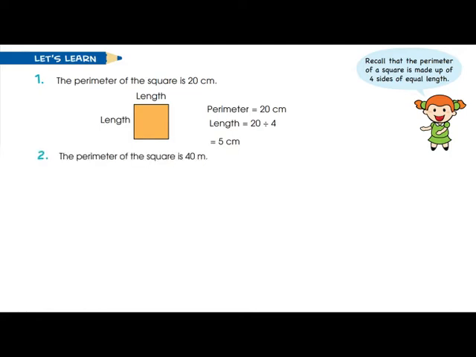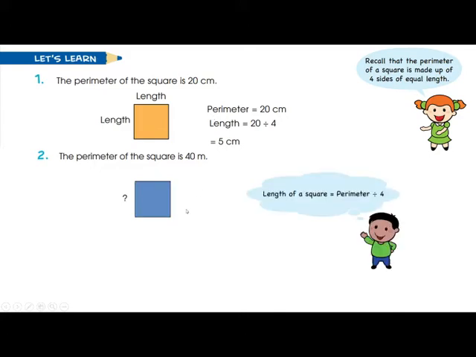Similarly, we have question number 2. In question number 2, again they have the same thing, but look at this, they have different units. And we have to find out again the length. You already know that the length of any square is basically the division of the perimeter by 4. So here we have a perimeter of 40 meter, we have to divide by 4 and you will get the answer 10 meter. Okay, 4 ones are 4, 4 tens are 40. That's why we are writing 10 meters.